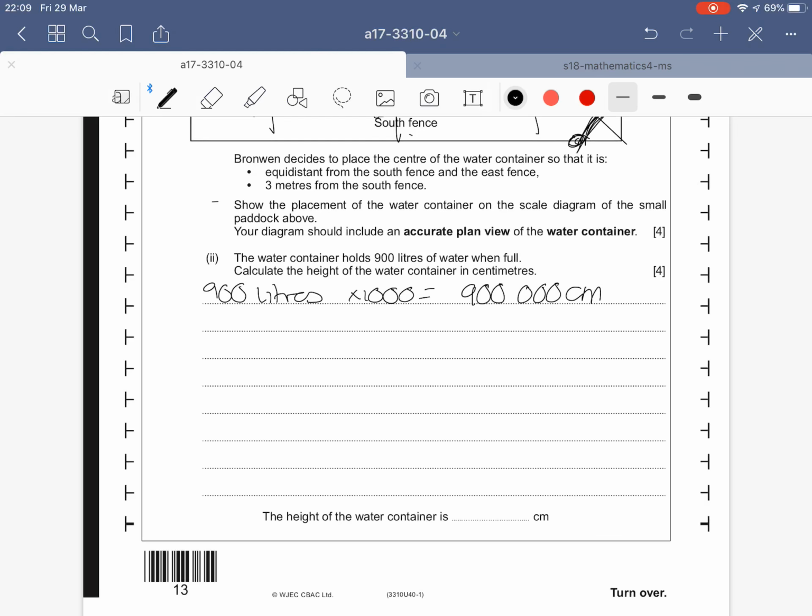900,000 centimetres cubed. So we know the volume of a cylinder is pi times the radius squared, and then that times the height. Something you need to know. Well, the area of the cross section times the height is at the front of your book. So the area of the cross section is going to be the area of a circle. So we've got the volume is 900,000 centimetres cubed. We're going to pi the radius